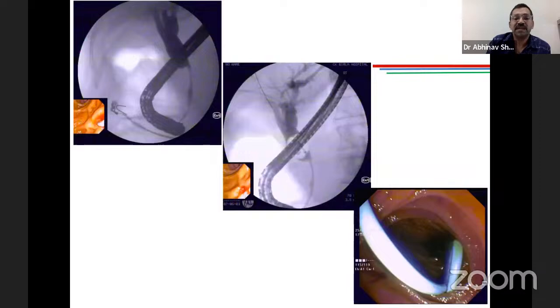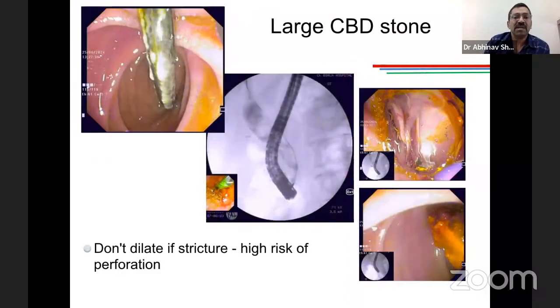Sometimes lower CBD is very narrow. Here, stone is hidden behind the endoscope. It cannot be seen. It is a small stone, but lower CBD is very narrow. Wise decision to put in a stent and come out. On subsequent visits, we can see that this is a second ERCP. As we can see, a stent is there on left side of the panel. The cholangiogram shows very large, gigantic stone. Biliary balloon dilatation is being done, and the stone can be removed on subsequent attempt.